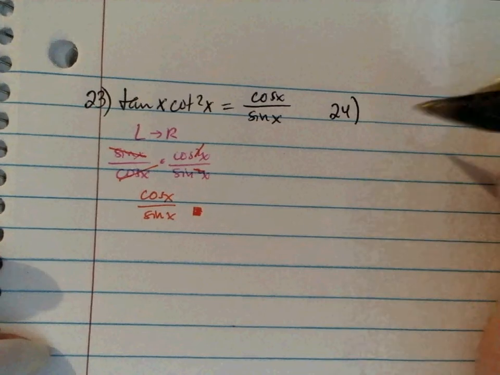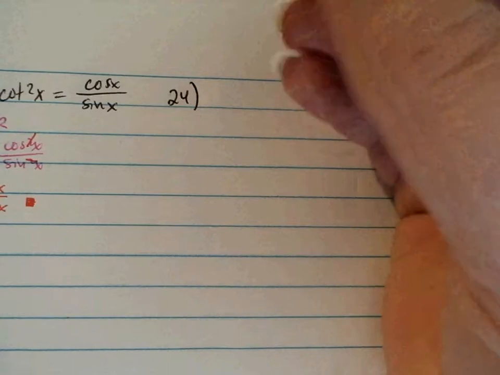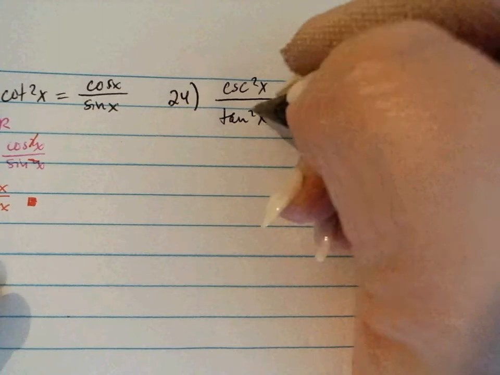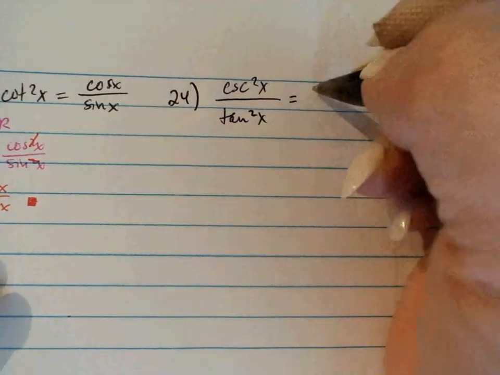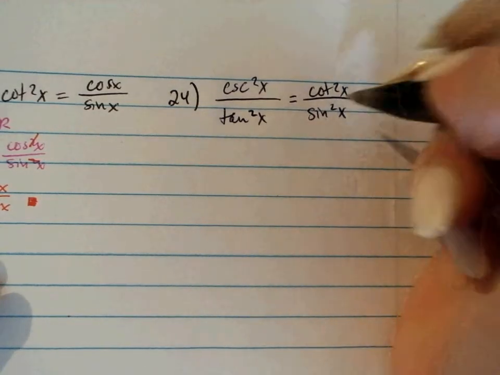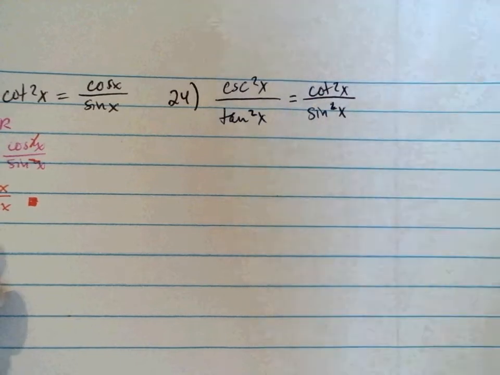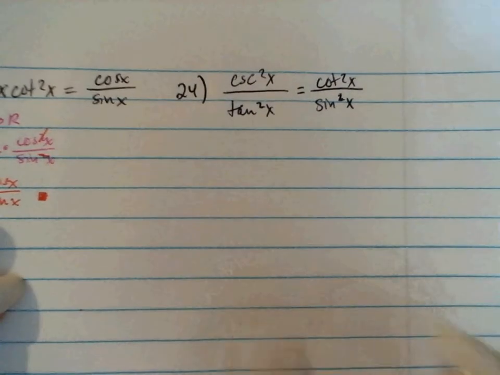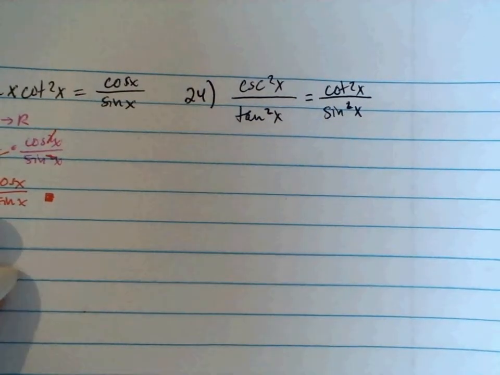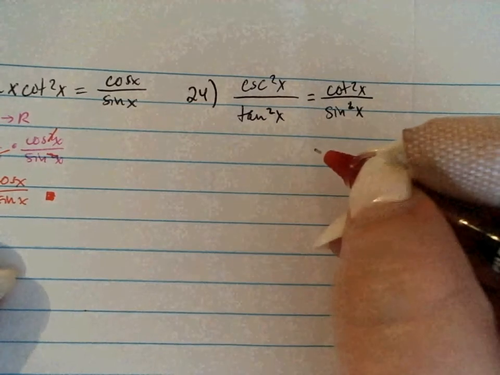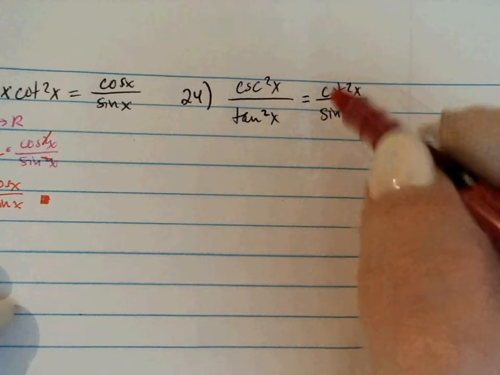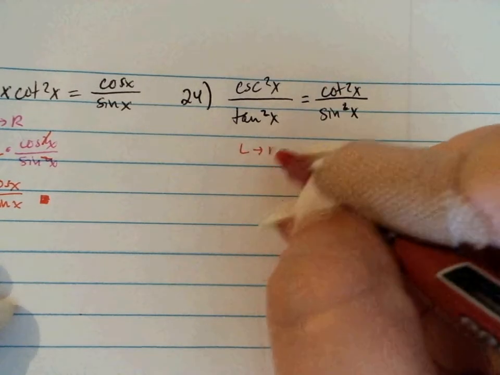Okay, so number 24 says cosecant squared over tangent squared equals cotangent squared over sine squared. I think I'm going to work the left-hand side and just rewrite in terms of sines and cosines and see what I have. Well, actually, let's just look for a second. I need a cotangent squared in the numerator if I go left to right, yeah? Well, I have a tangent squared in the denominator. So,